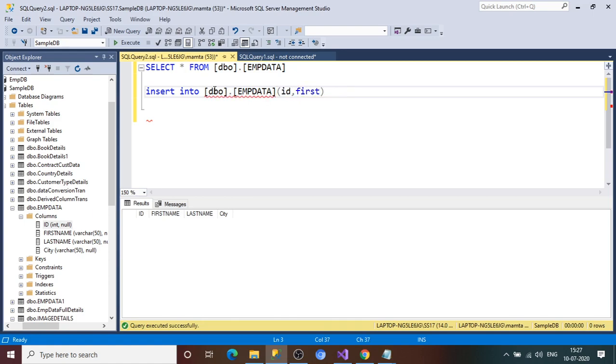To save time, I'm going to insert only one record in this table. Last name, then city, and the values we want. Let me give 15 as the ID, and the name is Steve.